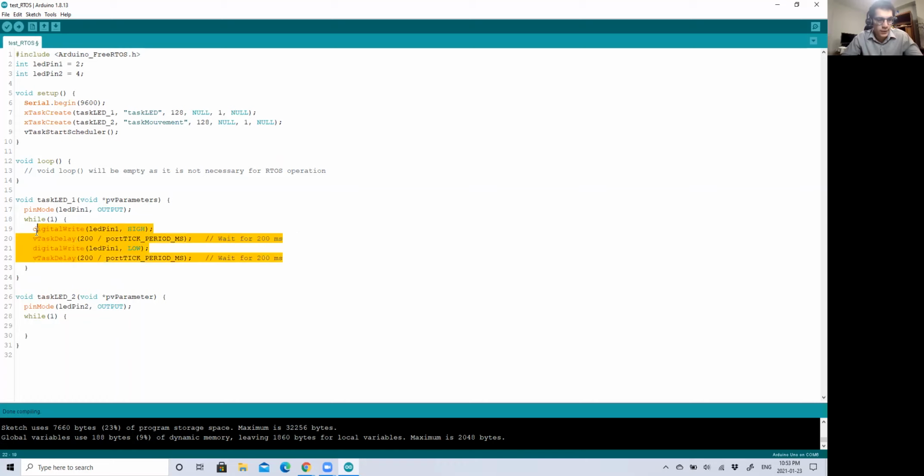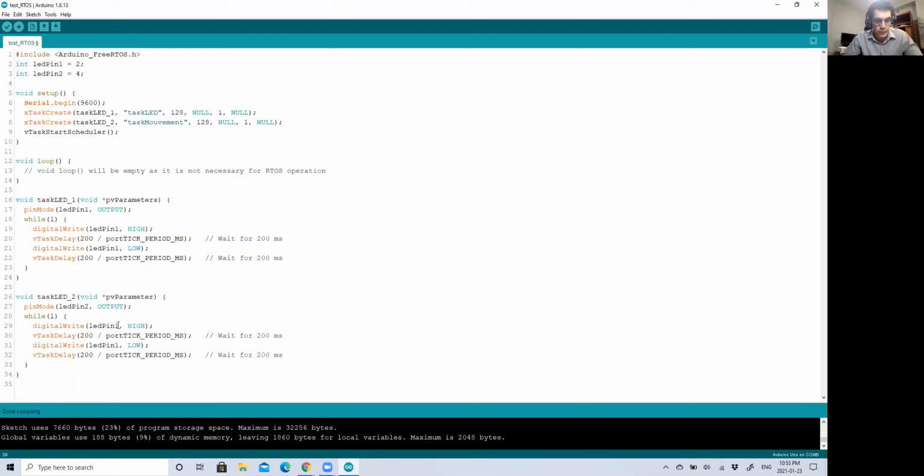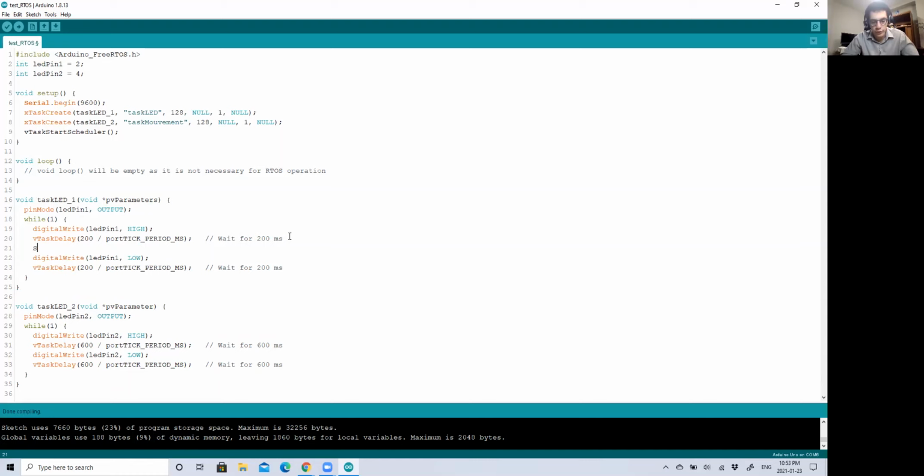Now let's copy this code and put it in our other function. In this case we're talking about LED pin 2, and let's change this to 600 microseconds. For the purpose of demonstration, if you have this connected to your Arduino, you can see that this will work. But also, to show you on the screen, let's add serial commands. Let's say Serial print here,